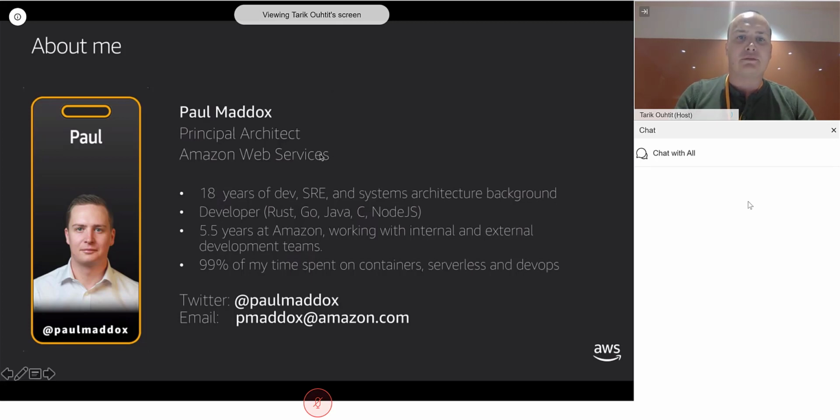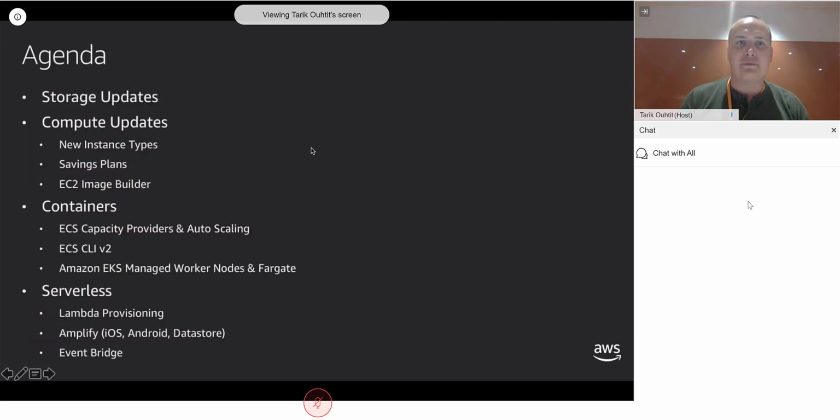Okay, so with introductions out of the way, let me talk a bit about what specifically I'm going to cover over the next hour or so. We had a bunch of announcements at reInvent around things like compute and storage. So some really cool new interesting instance types that will get you better performance or help you save money. And I want to call those out and talk through those. And also savings plans and ways of optimizing your cost on AWS.